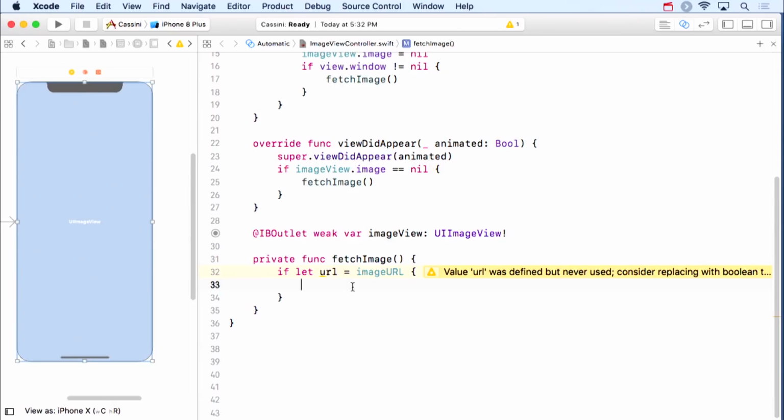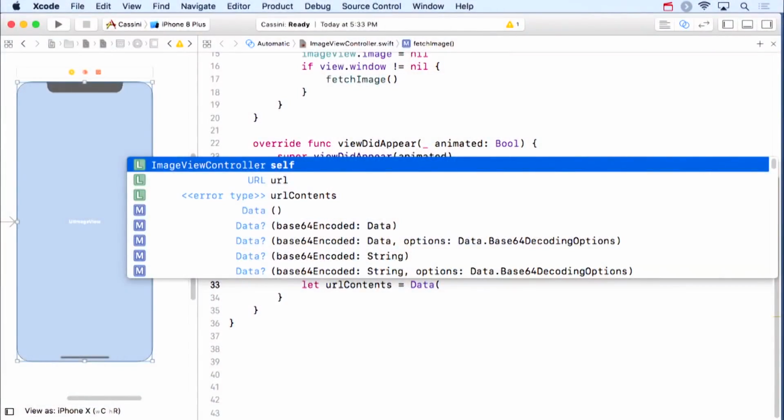So how do we go out on the internet and get data from a URL? We do that with the data object. Remember the data object I talked about? It's just this bag of bits thing. Well, it has an initializer, which is: give me a URL and I'll go get the bag of bits from that URL. So we can set a little local variable, which I'm going to call urlContents, equal to